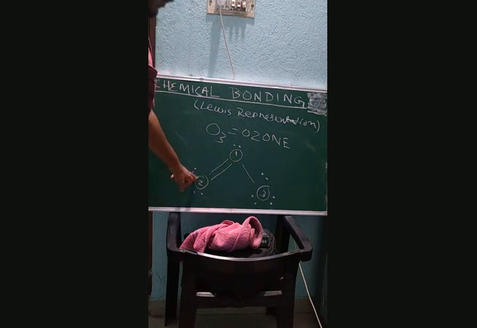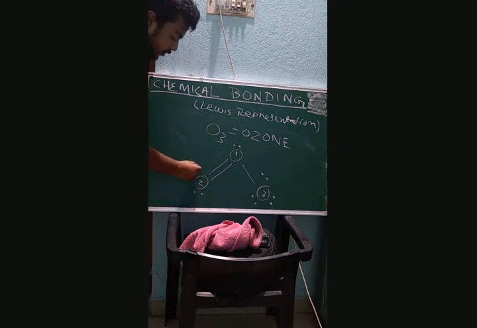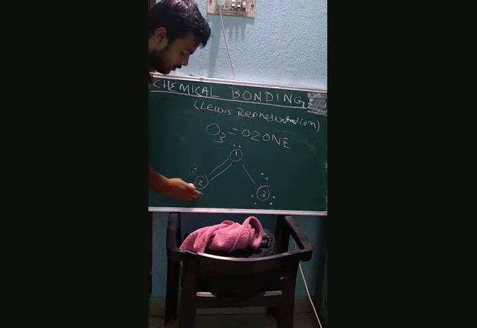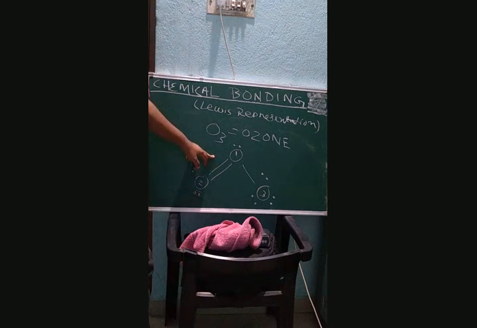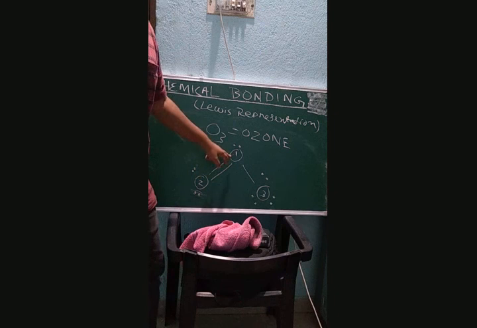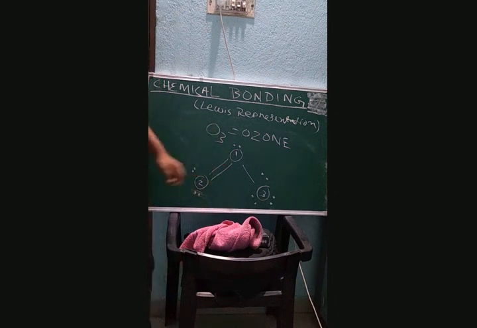For this oxygen atom, it has 2 bonds. So 4 electrons plus 2 lone pair electrons. This is called lone pair electrons, this one. These 2 electrons are called lone pair, meaning these are not participating in the chemical bond, but the other electrons are participating. So that is called shared electrons.